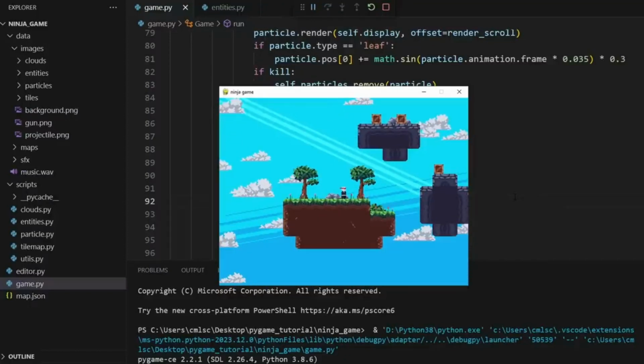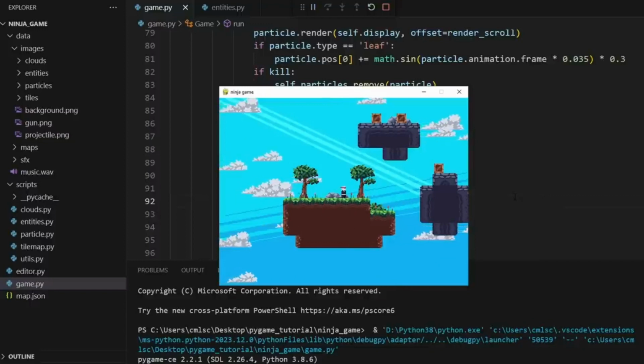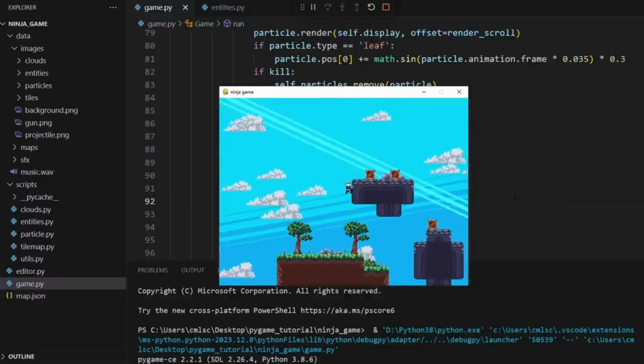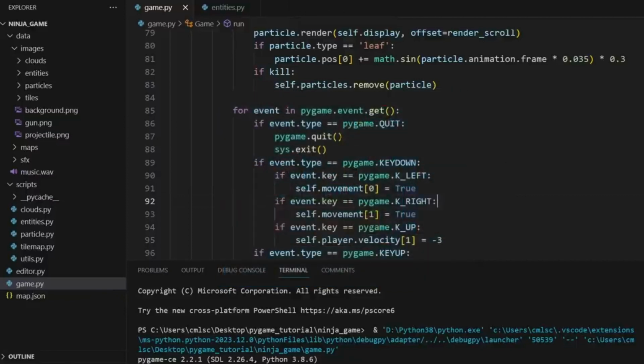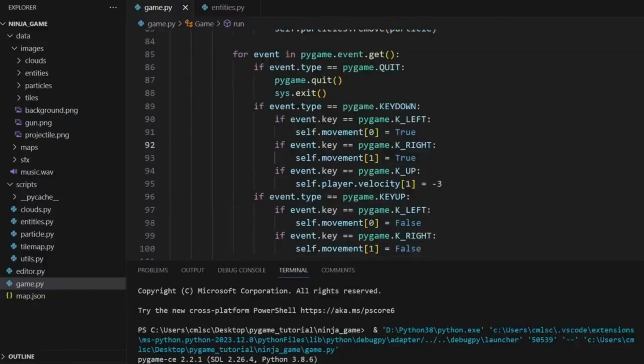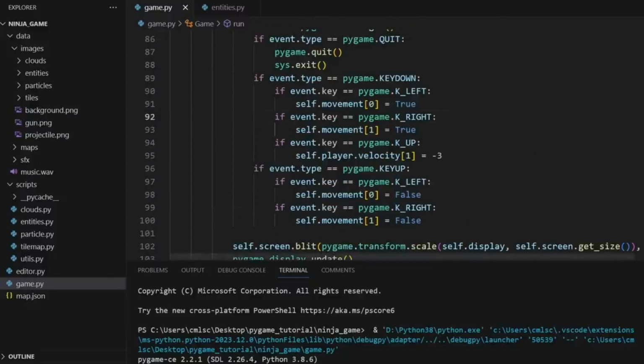So what we'll be doing is adding some restrictions on jumping, and while we're at it, we'll add the wall slide effect so you can slide down a wall and then jump off of it. Alright, let's get started with the easier part, which is the jumping aspect. I'm going to go right here in this key up part and swap this velocity change with player.jump, and then we'll fill out this jump function so that it handles the jump